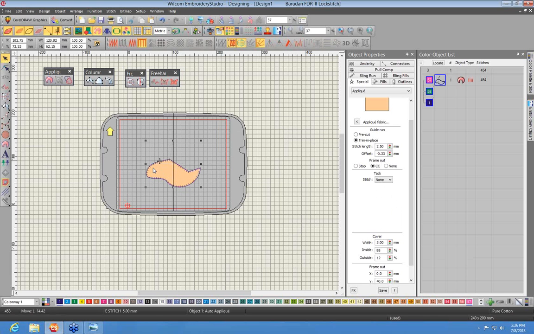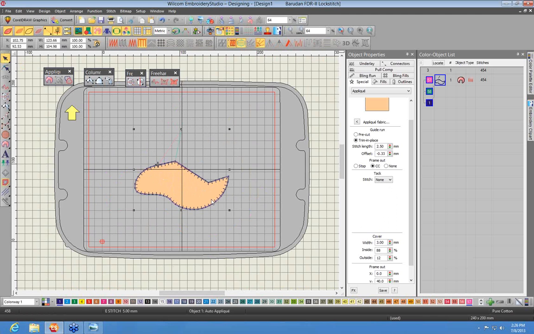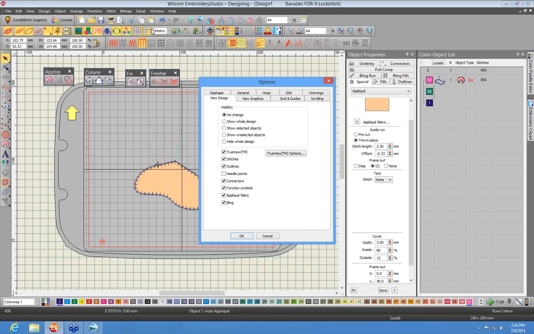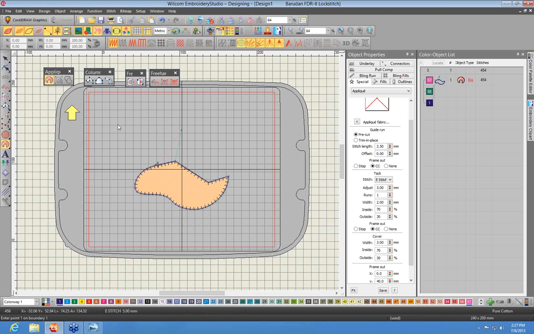And notice, if I take a good close look, the object is centered in the hoop. But when I select the object jump off point, remember I showed how the stitches are going to jump up here and then jump back down? That jump off point becomes part of the shape of this object. And so even though I drew an object and I have my setup, if I look under my setup options menu and look under the hoop tab, automatic centering is turned on. And because automatic centering is turned on, if I was to, let's say, draw another applique shape,